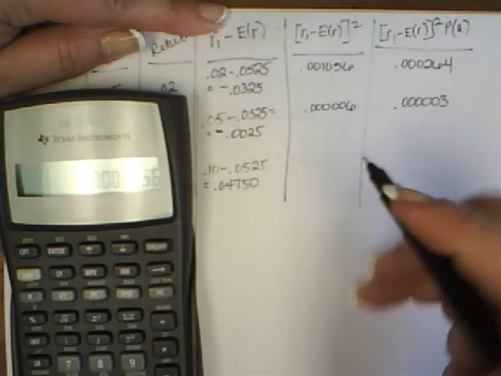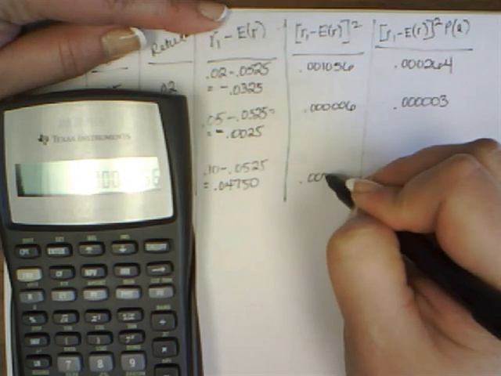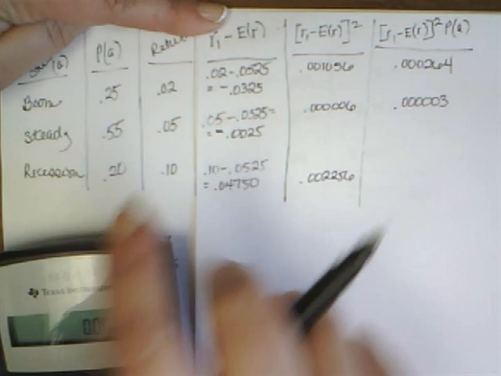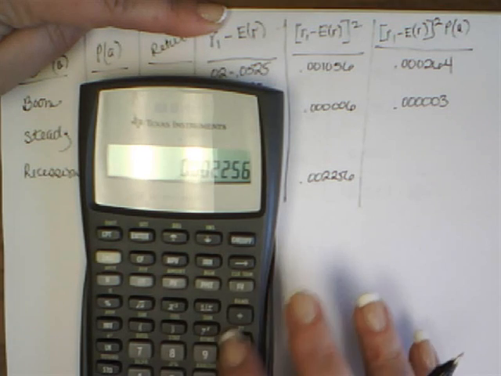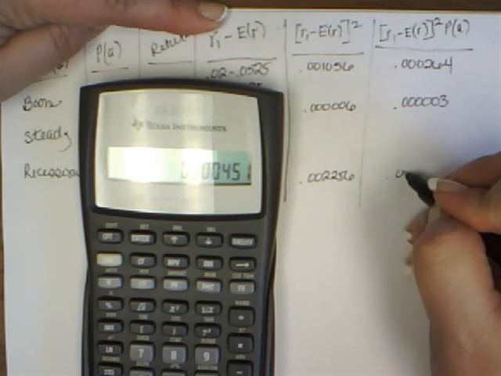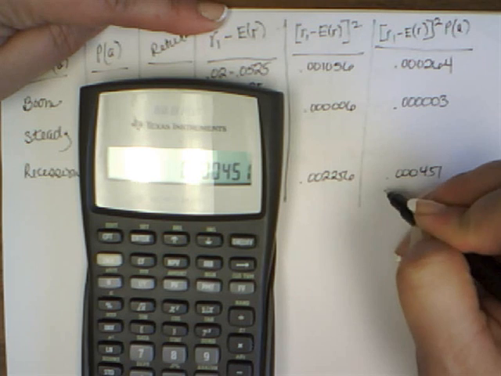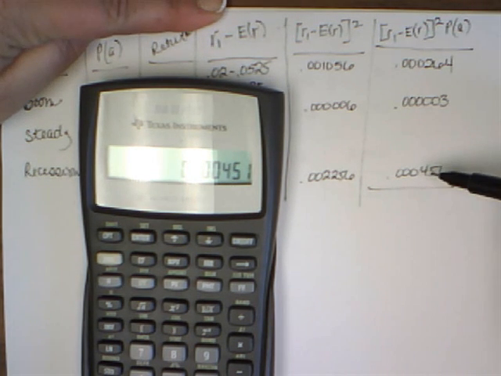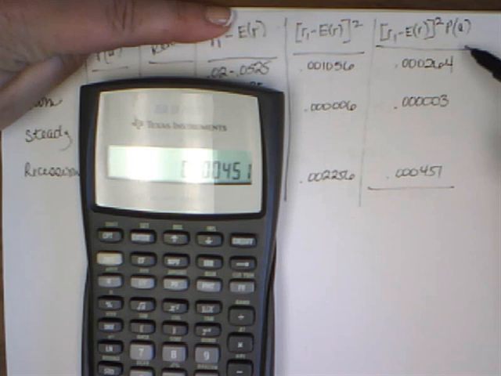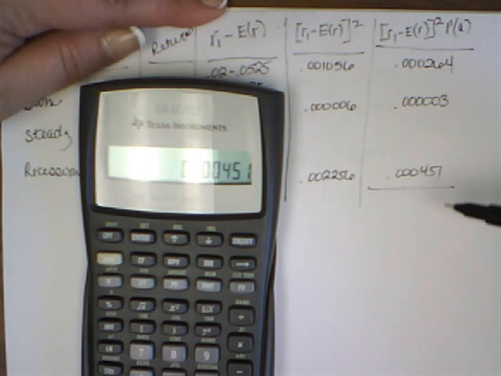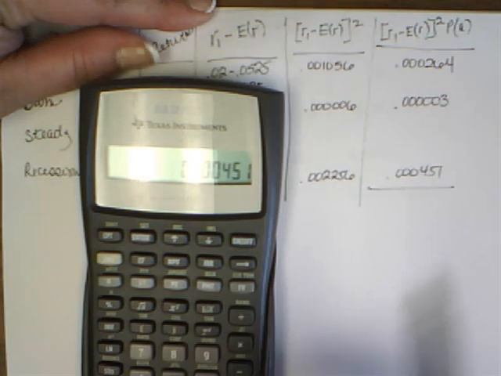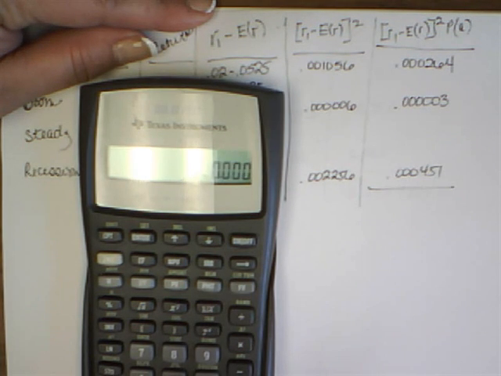And we'll square that number. And that's going to give us 0.002256. And we're going to multiply that number by the probability of a recession, which is 20%, 0.2. And that gives us 0.000451. And you'll see, if you compare what I've written here to the chart on page 225, that far right column is exactly the same. So when we add these three numbers up, we get a sum of the squared differences